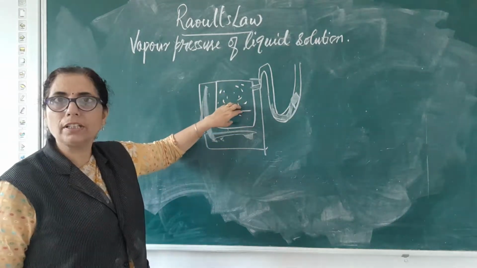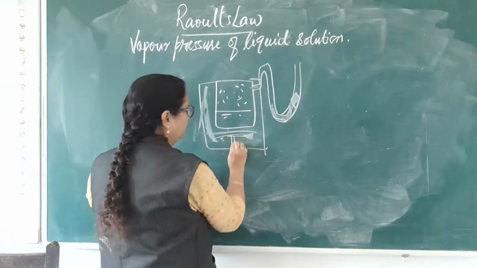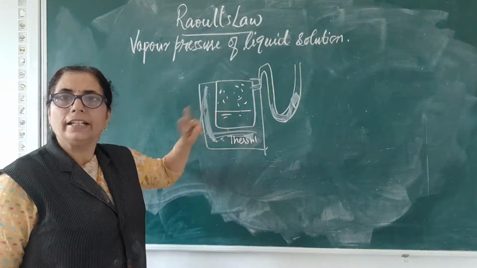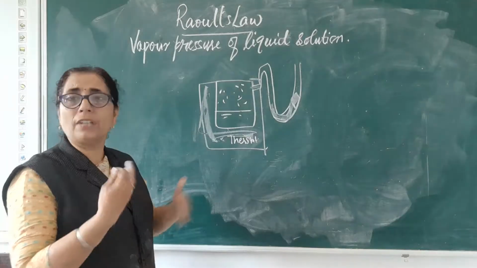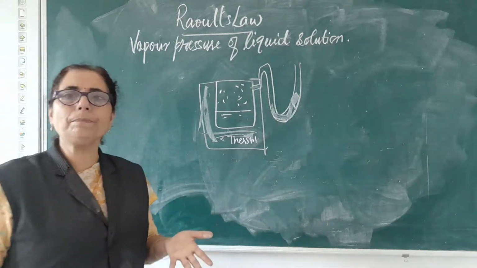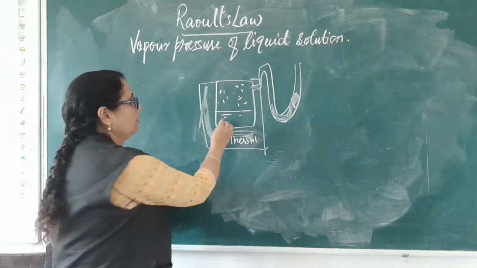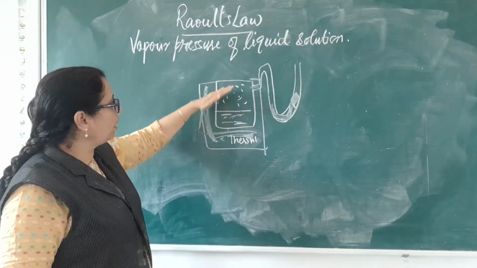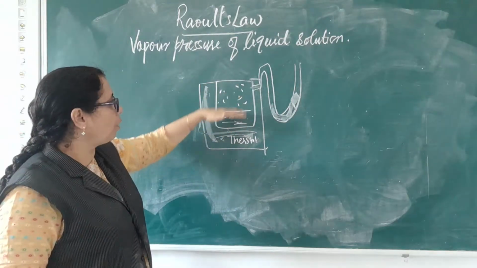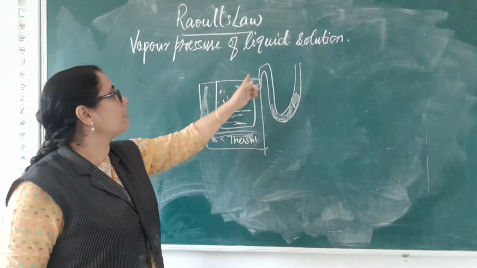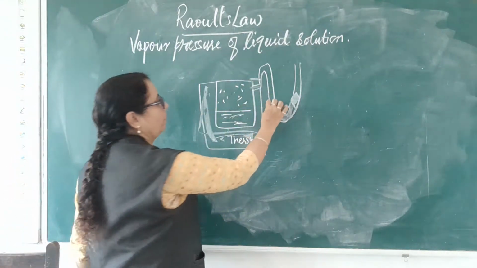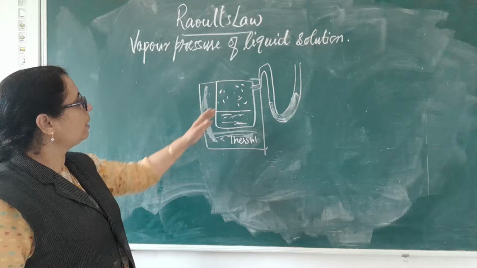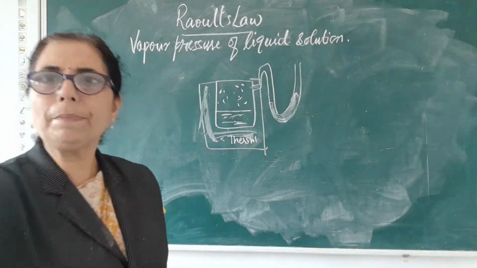Because if we have taken this whole thing in a thermostat, that means the solution is heated and is going to boil. It is made up of two types of liquid. Now, without studying Raoult's law, if we simply see the vapor pressure, this solution is creating vapors, and these vapors form an equilibrium with the liquid. When these vapors move towards the manometer, the movement of mercury can be seen.